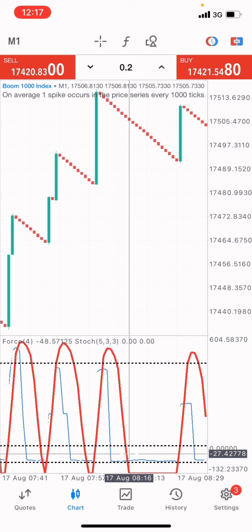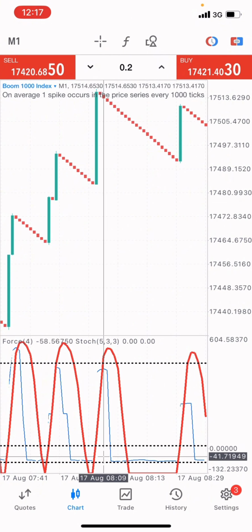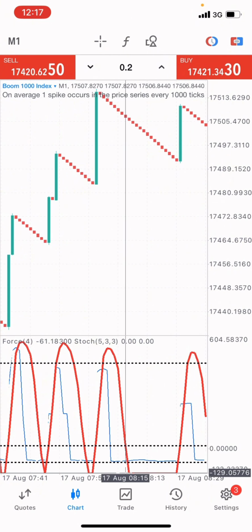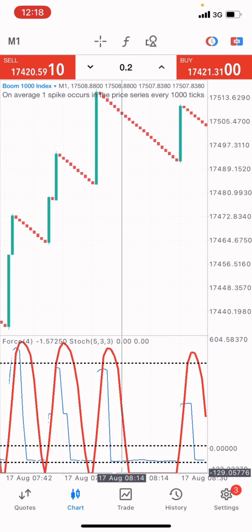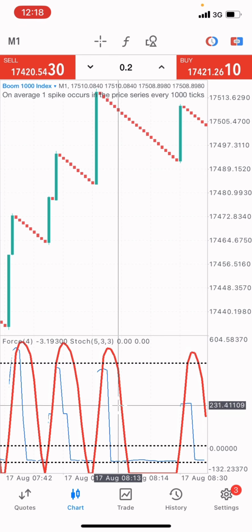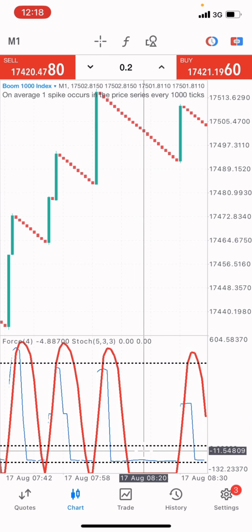Okay, so now why this strategy is good, there's always a downside to every strategy. Now just imagine that at this point right here, you sell and you exit this market at this point to be safe. Like I said, this right here is the safe zone. Now when you want to catch the spikes,